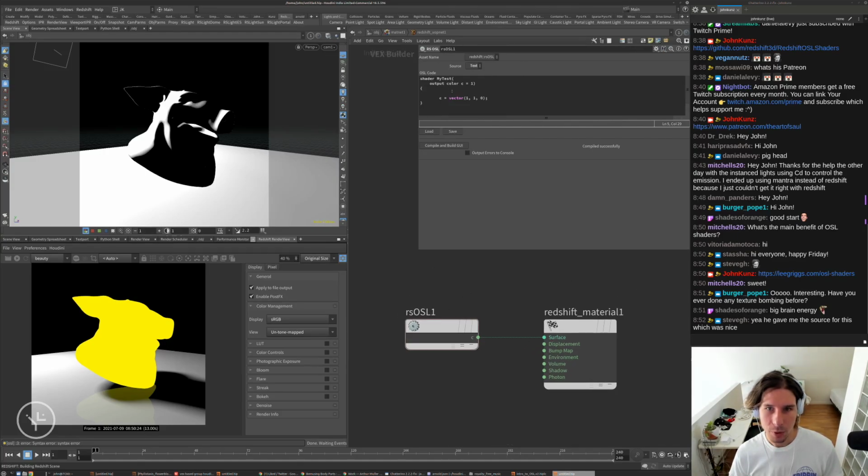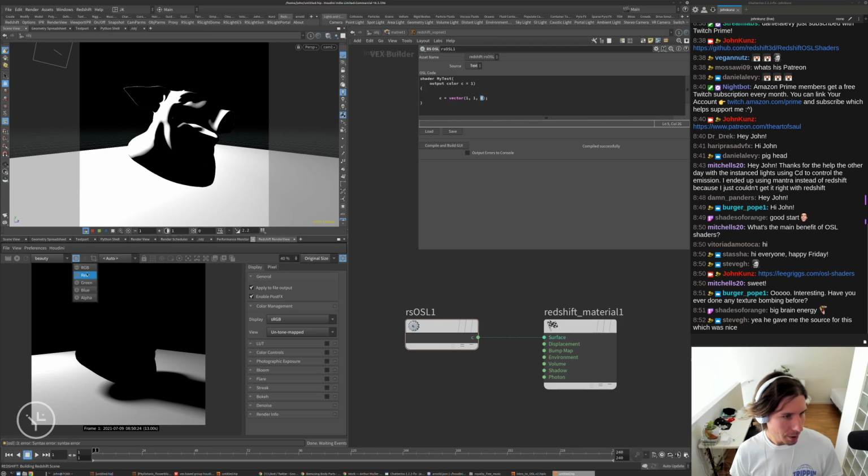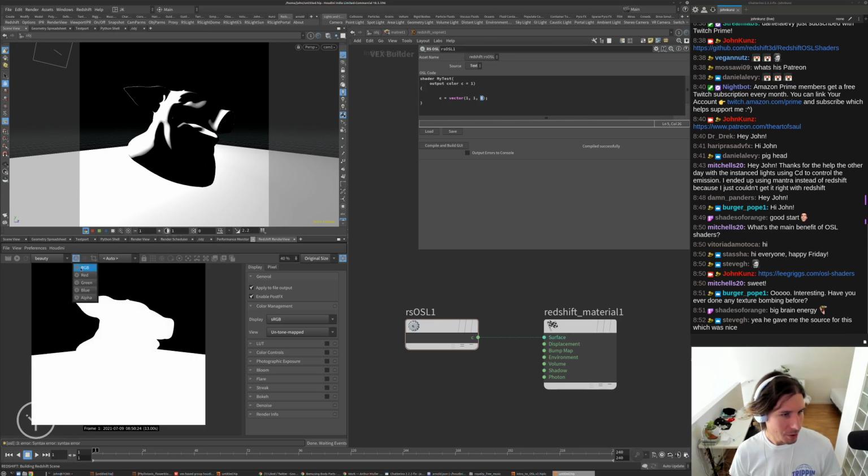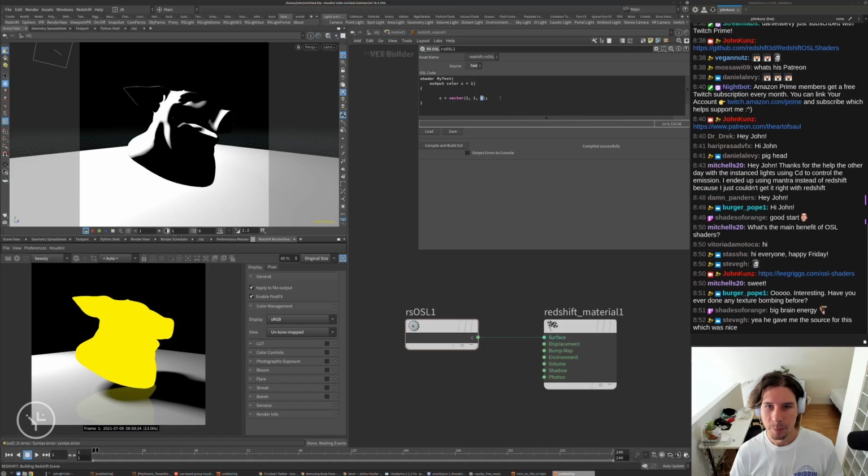Okay, so it's working. We have red, we have green, and we have no blue. So that's giving us yellow. You can check here if you want to, with the blue turned off, red turned on, so-and-so. So it's working. And that's really cool. So let's get a little bit more advanced now. And let's see if